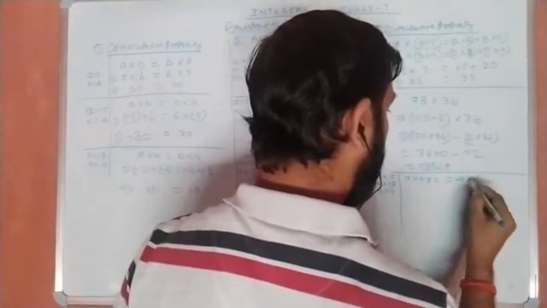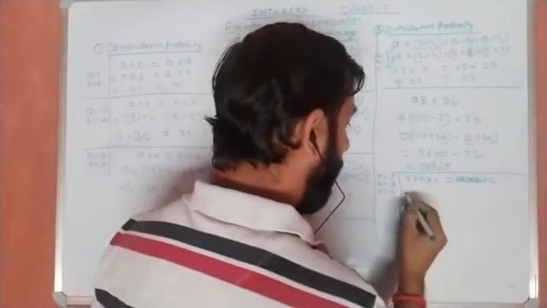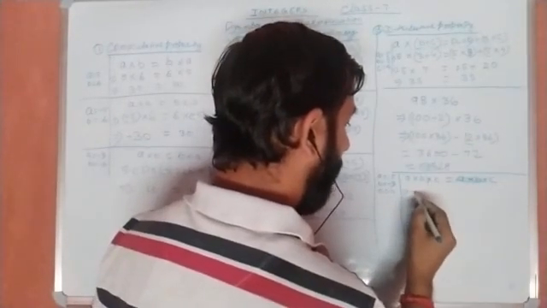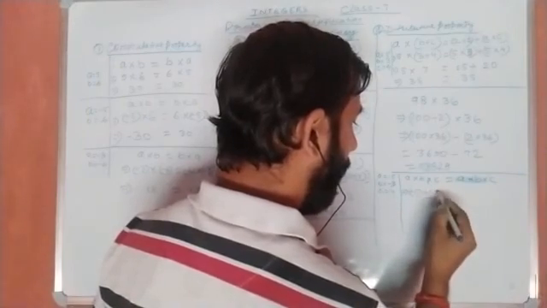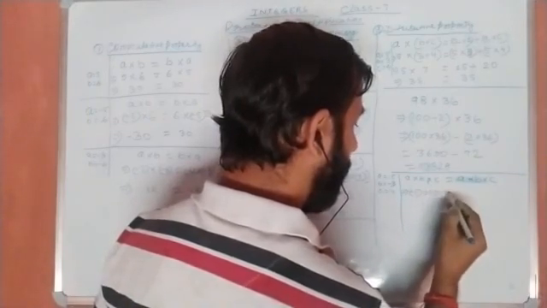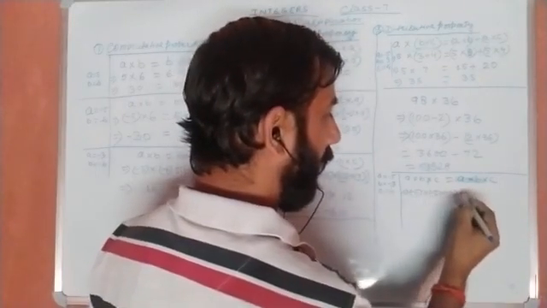A into B into C. Now by putting the numbers, minus 5 into minus 3 into minus 4 equals